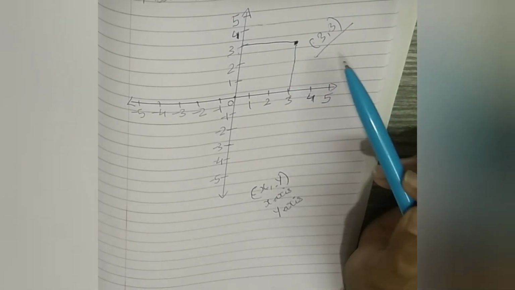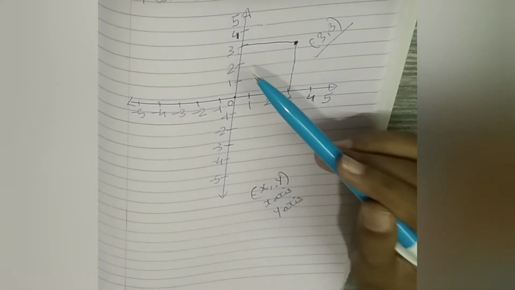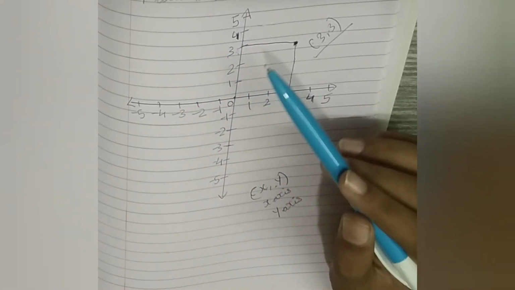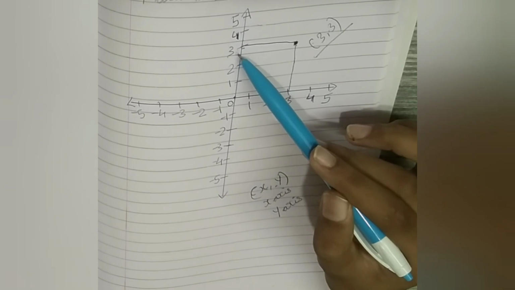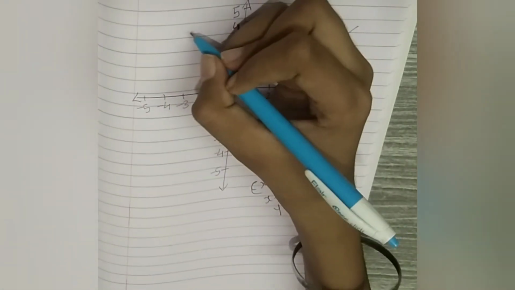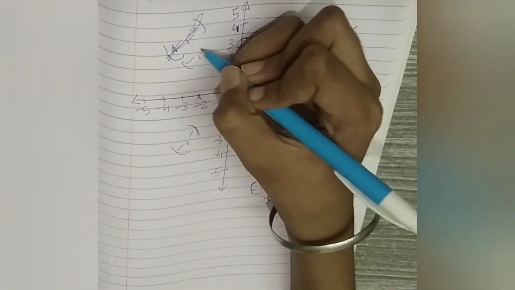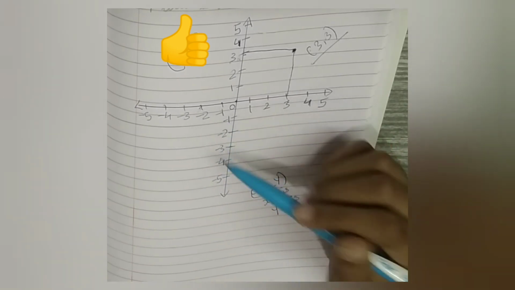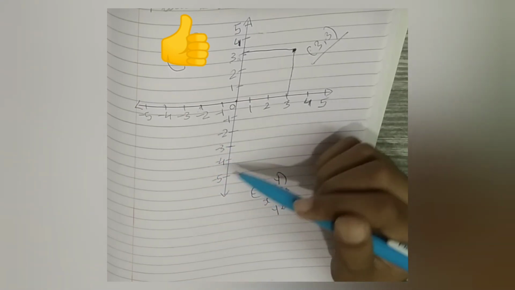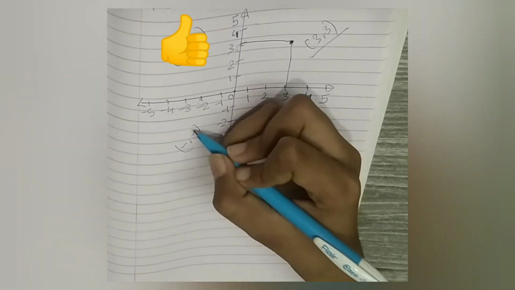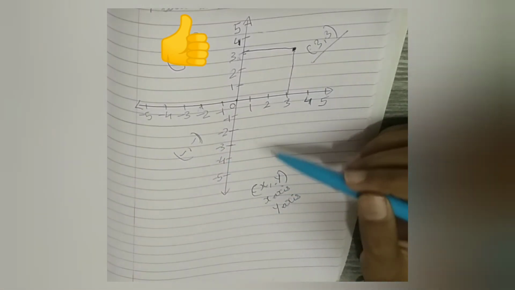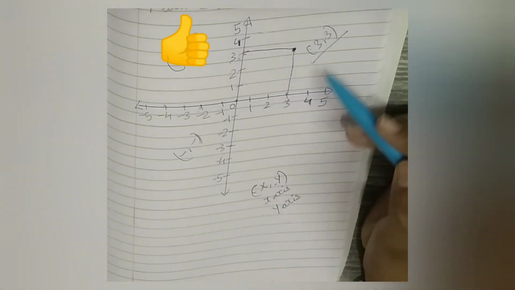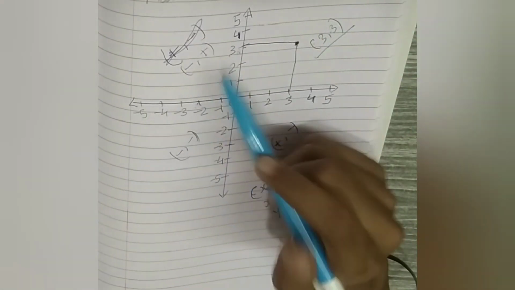Now, whatever point lies in the first quadrant will have positive numbers for both x and y. Whatever lies in the second quadrant will have a negative x and a positive y. In the third quadrant, both x and y will have negative numbers. And in the fourth quadrant, x has positive numbers and y has negative numbers, which is the vice versa of the second quadrant. That's it,